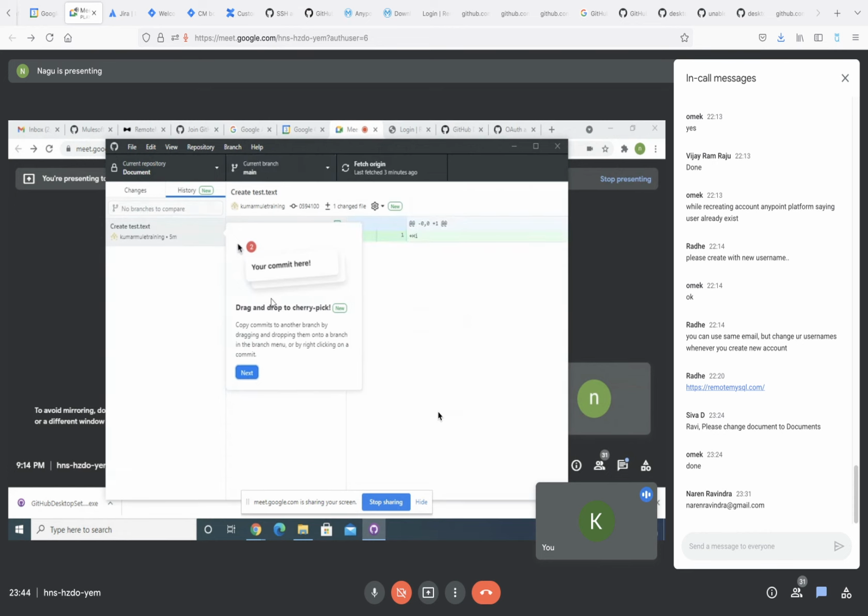It's already there. Click on next to close this one. Now you can see. Everyone needs to do the same. If you are unable to see that file, then just reselect that branch. That is a problem with some internet issue.